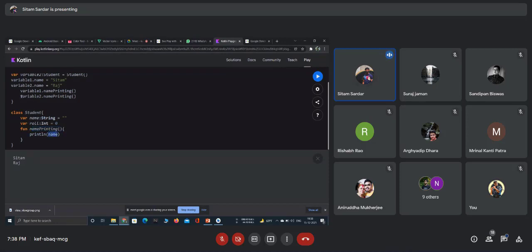And in the next statement, this statement is called again, and it simply prints the name. In variable 2's name section, there is Raj, so it prints Raj. So it's the simple thing, and that's all about classes and objects. Now you don't need to deep dive that much into classes and objects. Just leave it like that.